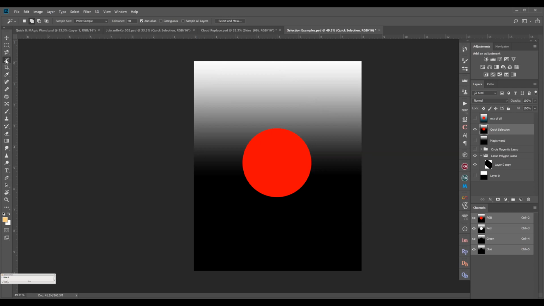So as I said, this magic wand tool, for example, if you click, it will select this area, and if you want to add, you have to just add, and it will select the area. Similarly, we will do it for the black, so it has selected. So if you want to do it on the red, if you select, it will select precisely. You don't have to do anything because the system knows that this particular thing has different color values than the outside. Same thing the quick selection tool also does.